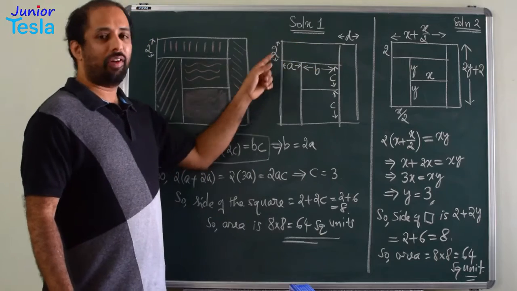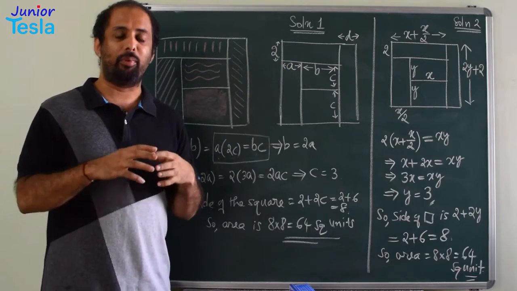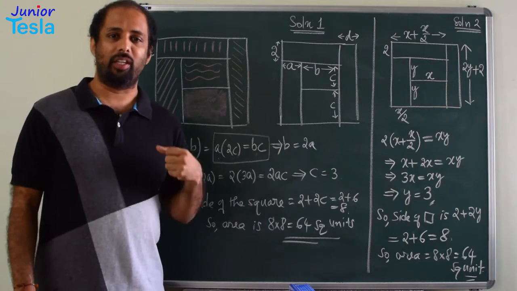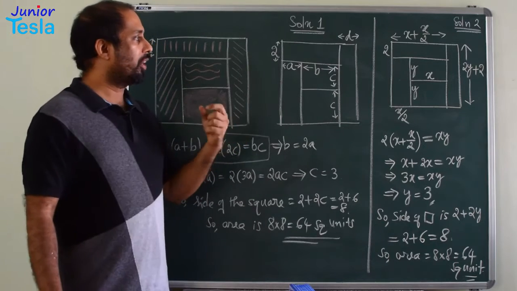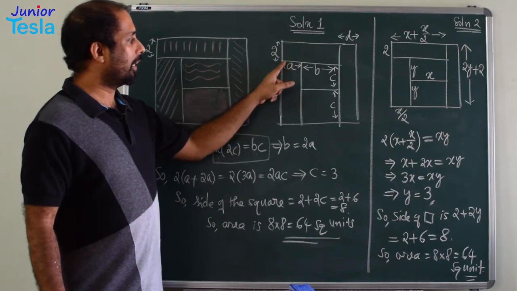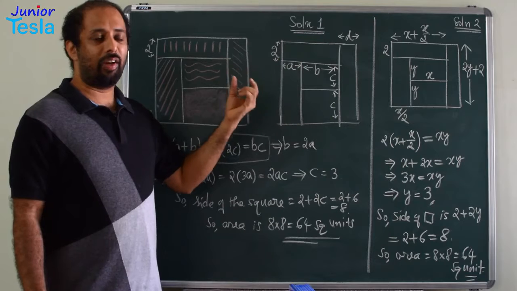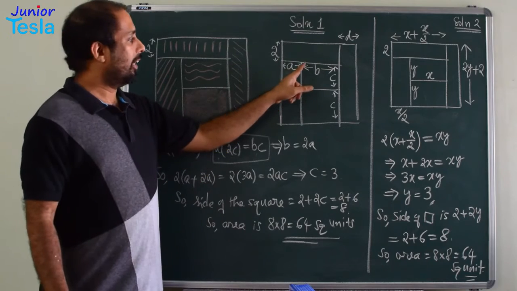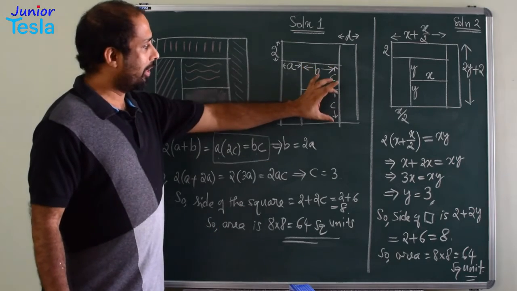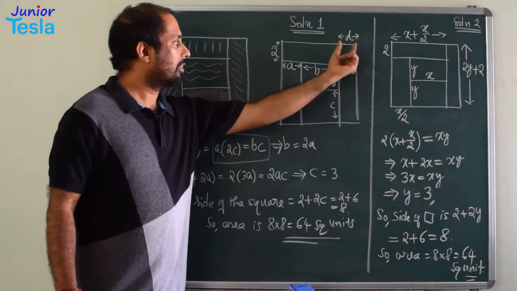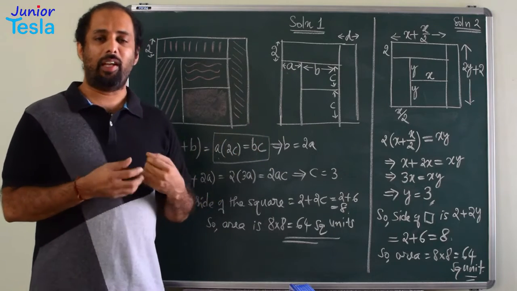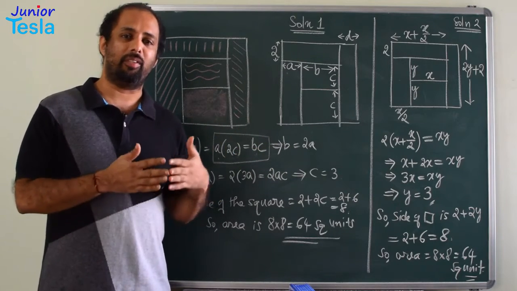As the square is divided into 5 regions, there are so many different lengths or sides inside the square. Since we don't know those values, we are going to give different names, different unknowns, for those sides. For example, this particular length, I don't know the exact value, so I will call it A. Then this length I have taken as B. These 2 line segments are equal, I have taken it as C, and this is D.